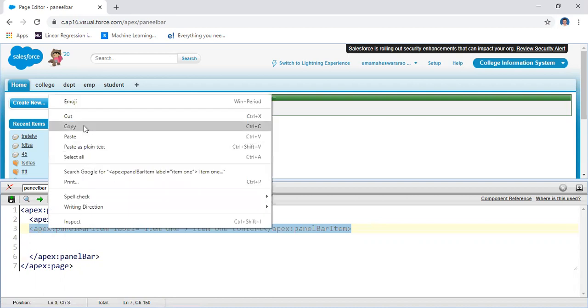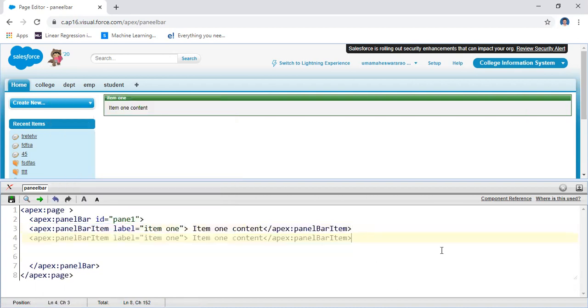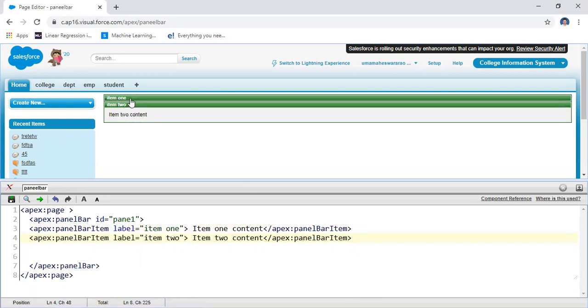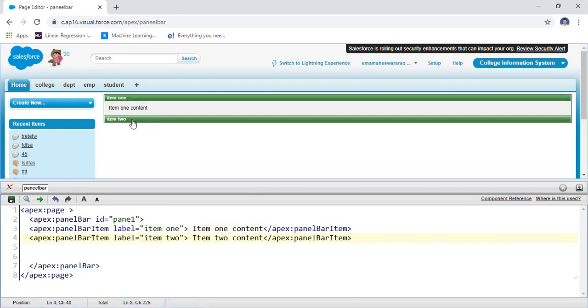I want to create more items. How can you create more items? For example, the second panel bar item, let us assume panel bar 2, with item 2 and the item 2 content. When you click item 1, item 2 is closed and the content of item 1 is displayed. Similarly, you can create n number of items for the panel bar.